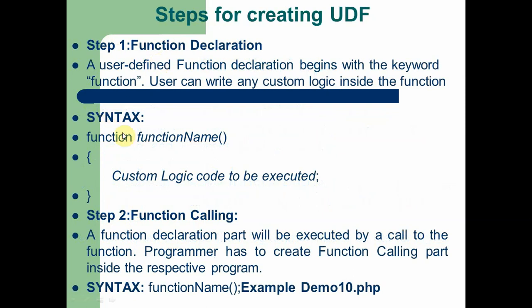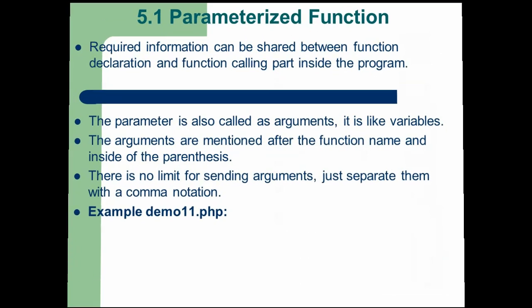See the syntax of creating a simple function. Here we should use the function keyword. After giving a space, we should mention the function name. This name is created by the programmer. Depending on the requirement, he may give any name to that function. All the rules for creating a variable are applicable here for creating the function name. Remember the rules of creating a variable, which we already discussed in chapter number 4.